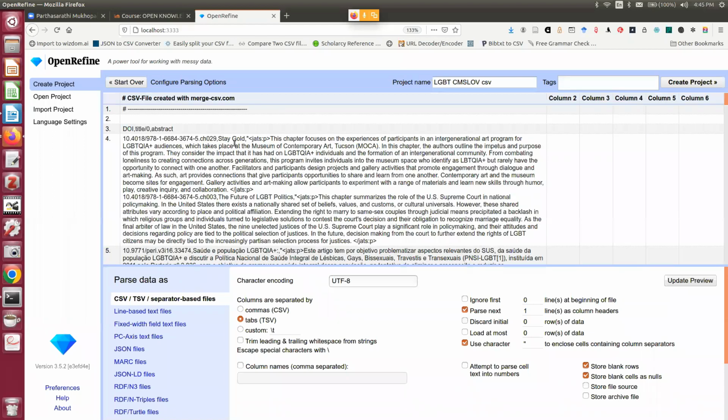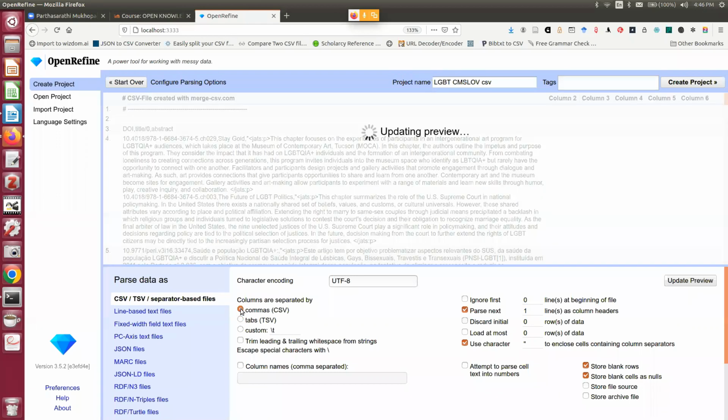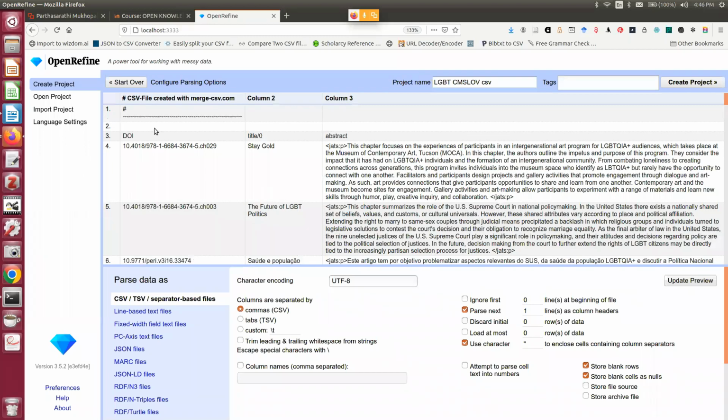Now you see here, in some cases you may find this problem. The way I expect this dataset, in the preview I am not getting it. So here you see it is selected as tab by default, not comma. So let me change it to comma. I am using comma as a separator between the columns. So the moment I switch over to comma, it will show me this. This one or two rows are empty, that we need to delete, and this is from where it is actually starting. So I can also say ignore